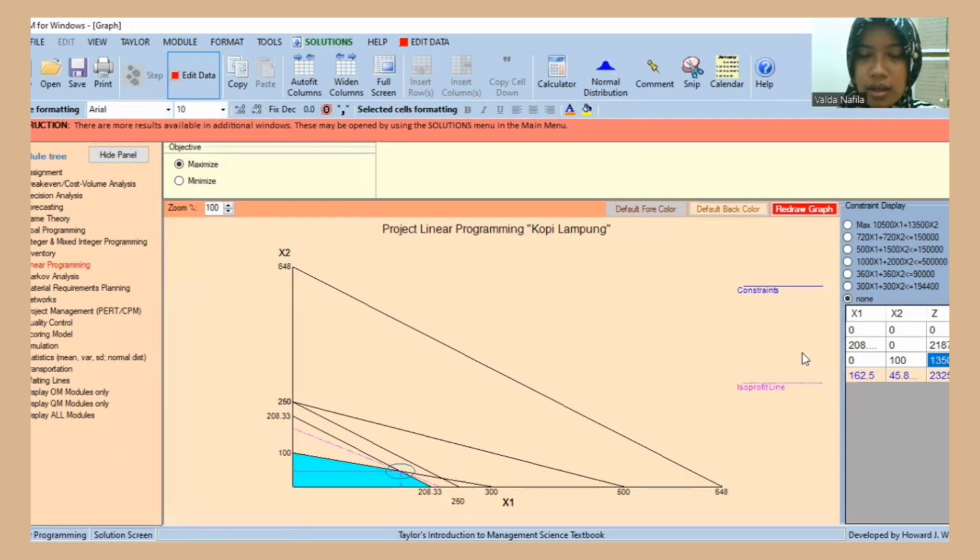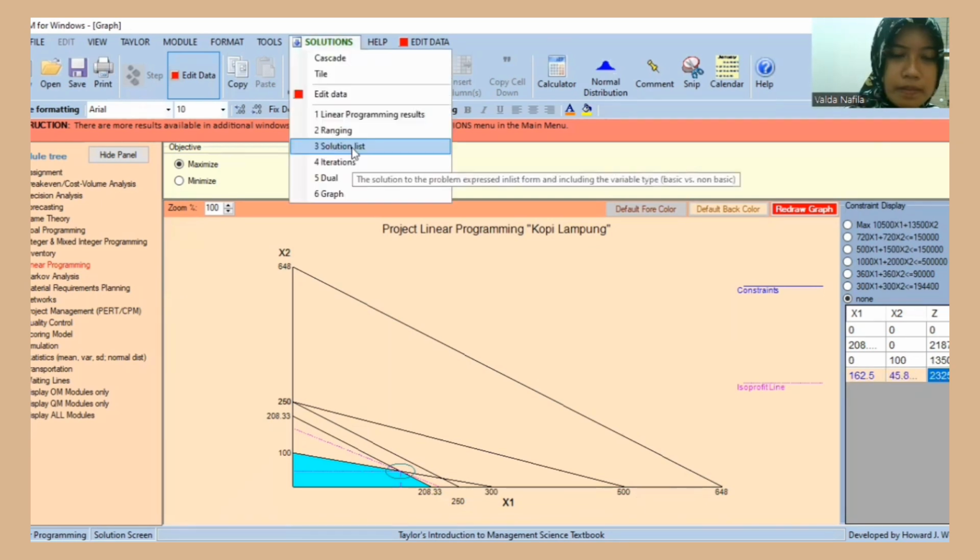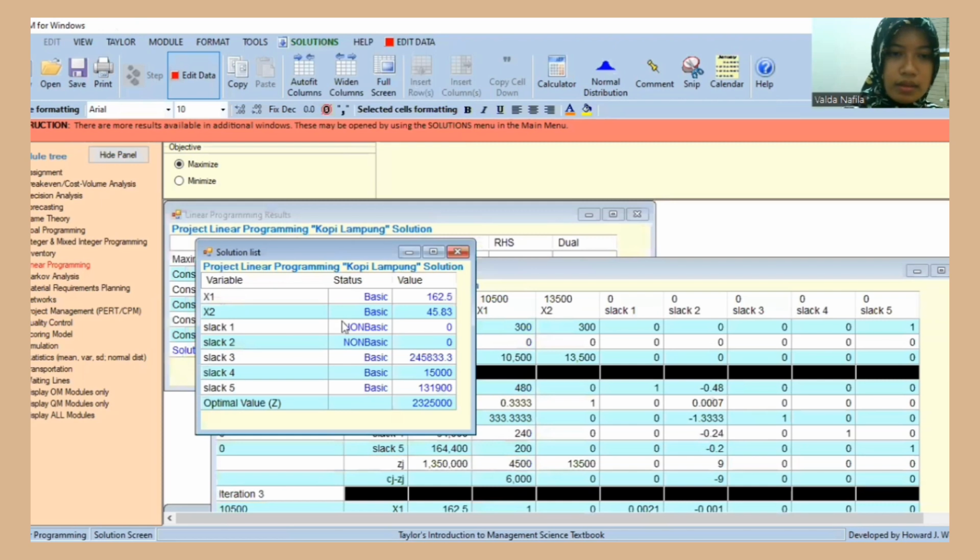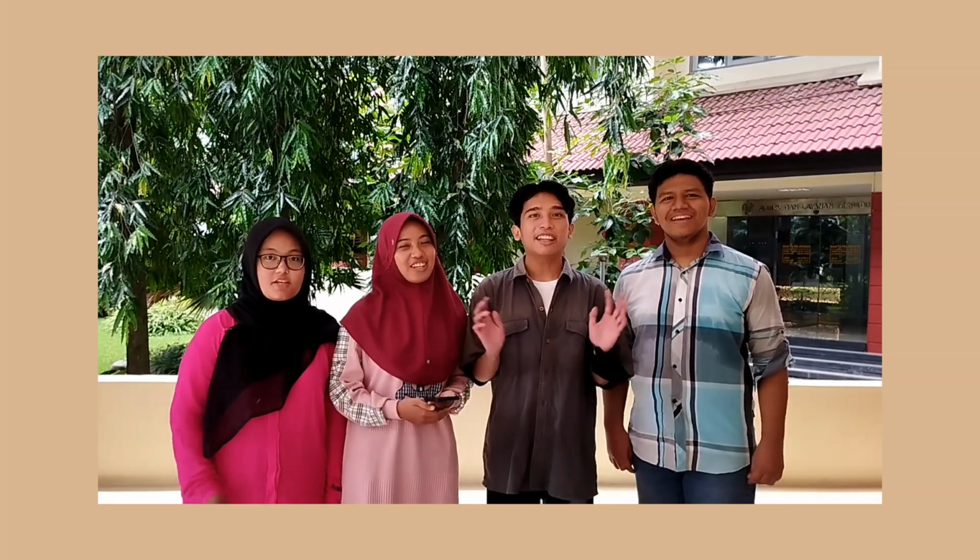And for x1 is this and x2 is this, we get the optimal value is this. So we can see in here x1 and x2 are basic variables, and the value is this, 5,000. Okay, maybe that's all for this video.